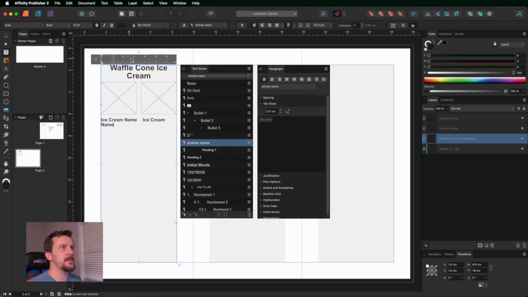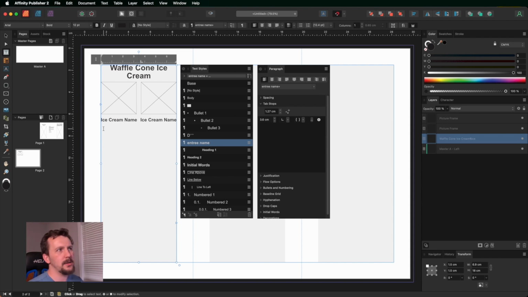So the text ruler is just this little ruler that goes along the top of my text box. And to create a tab stop, I'm just going to click the cursor right at the start of that text that I want to move. Up on the ruler, I'm going to click once, and you can see it's created this little L icon, and that's our tab stop. I'm going to line it up so it's lined just to the left side of that